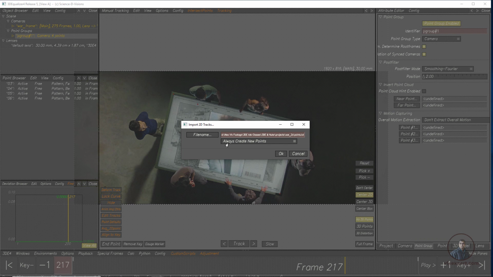Now you will see the option always create a new point, or if you want you can replace existing point if possible. I am going to select always create a new point, then press OK.